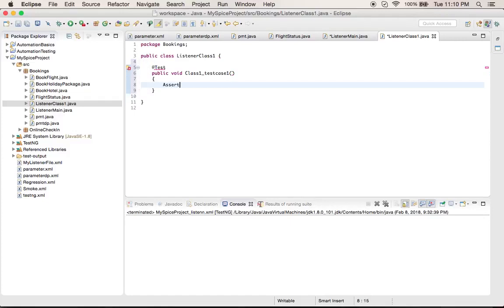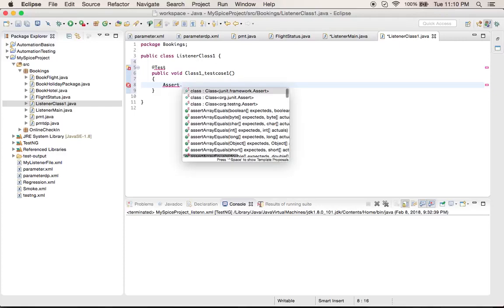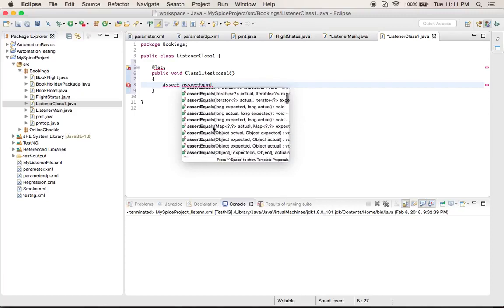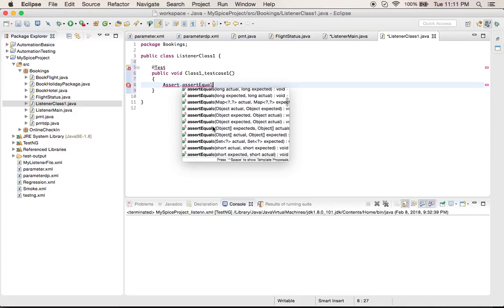So usually, in real time, whenever you're working on frameworks, you'll write assertions. You'll add assertions to compare whether your actual is equal to expected or whatnot, right? So I'll write assert equals, a simple assert statement which has both actual and expected as strings. These are all the methods, so just get what you want.